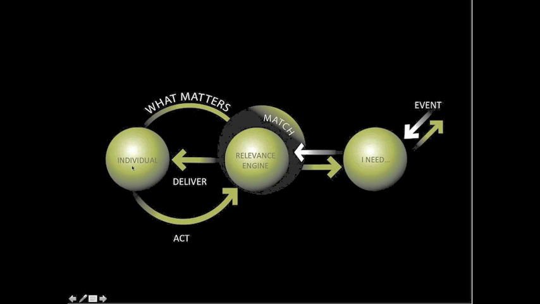So maybe it's an executive, and they say, if the email server goes down, I want a phone call. Well, you obviously can't email them because email is down, but they can get a phone call, a text message, something to that effect. So they can actually go in and define what matters to them and get that proactive notification ahead of time